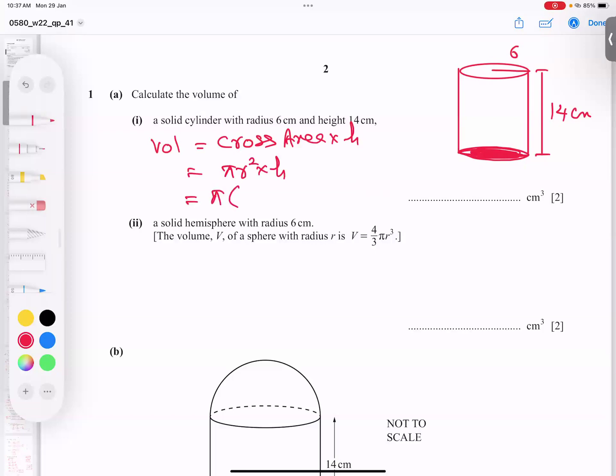So radius is 6 and height is 14. I am getting 6 square into 14, that is 6 to the power 2 into 14 into pi. So in pi format the answer is 504 pi, but it's not compulsory to write this format. And the final answer I'm writing here is 1583.36. And you know, every time we write 3SF,